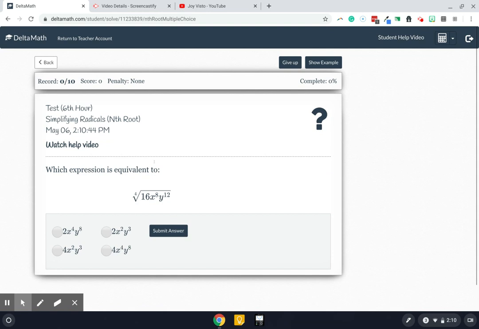I'm going to open this one up. So in this problem, we are supposed to simplify this radical. And so we are going to chunk it into 2 parts, right? That's one of the first things we're going to look at. I'm going to look at this part in blue, and then I'm going to look at the part in orange. In other words, I'm looking at what is the number in the problem and what are the letters in